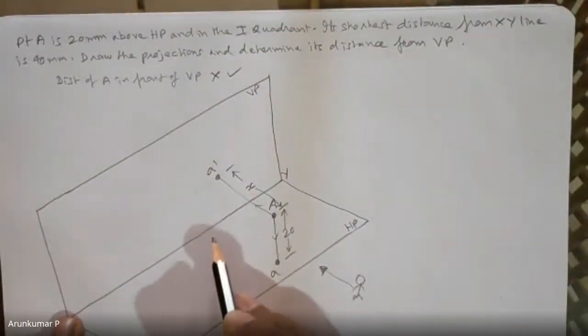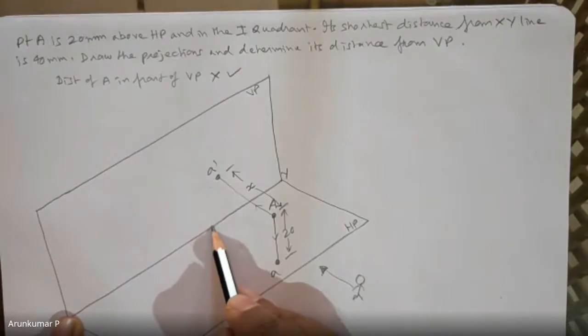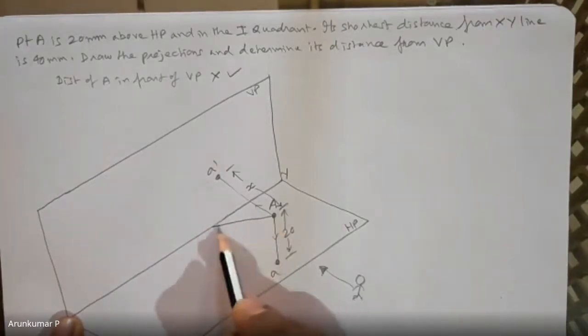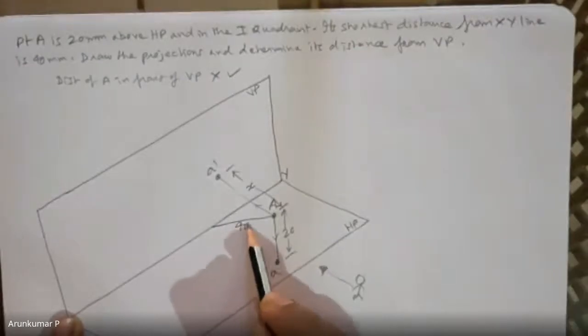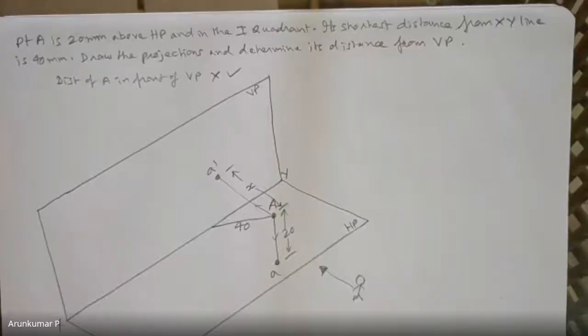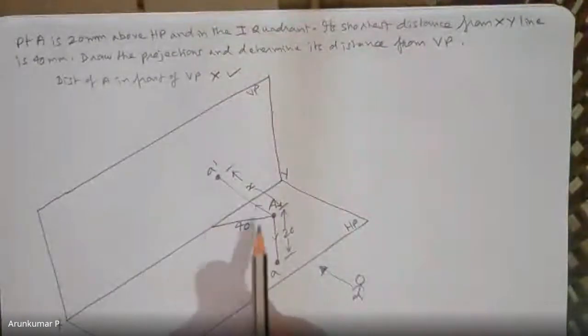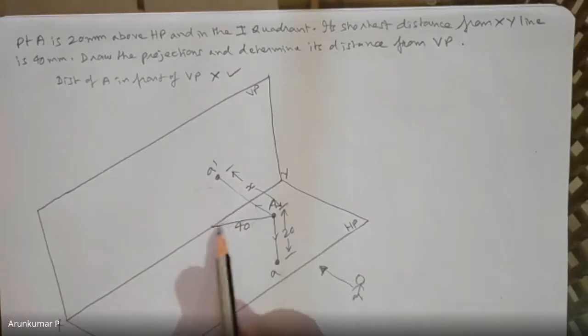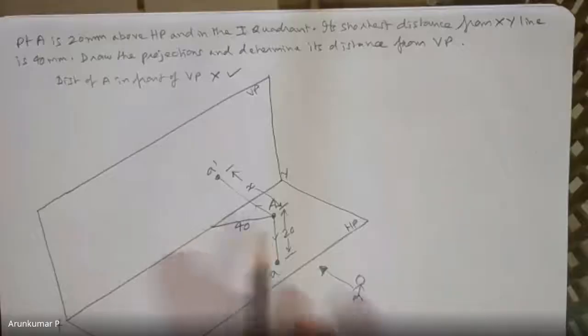So if I say that this is the line we are talking about, or this is the value we are talking about, am I correct? Yes, sir. Hypotenuse. Exactly, hypotenuse. From XY line, this point, to this point A. Is this the shortest distance, or is there any distance shorter than this? No, sir, this is the shortest. Okay, so this is what they are referring to, the hypotenuse, as you said. Okay, now